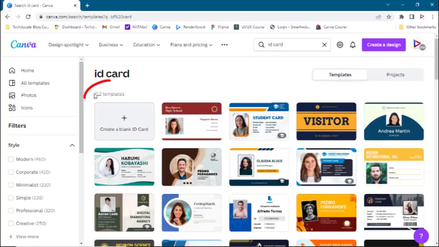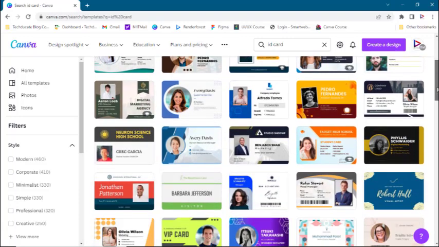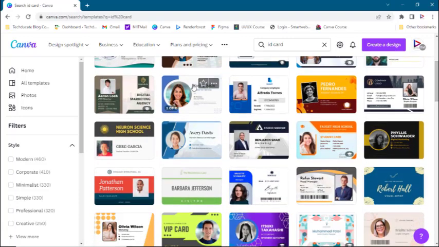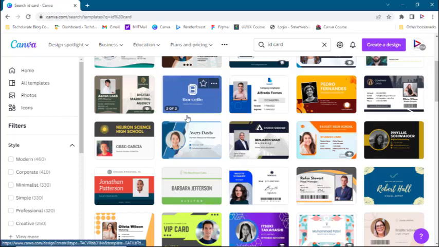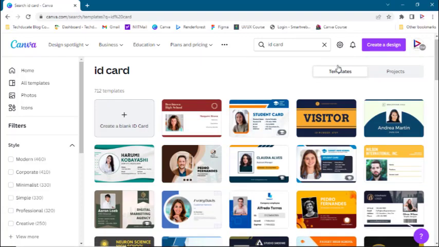Canva is giving me 712 templates of an ID card. So you can see several examples of each of them. You can just draw inspiration from all of this. I love this. This is quite simple. So I can make use of this as an example. It's either I go over to select this or I just capture how the design looks. So let's just assume I'll just capture how it looks this way